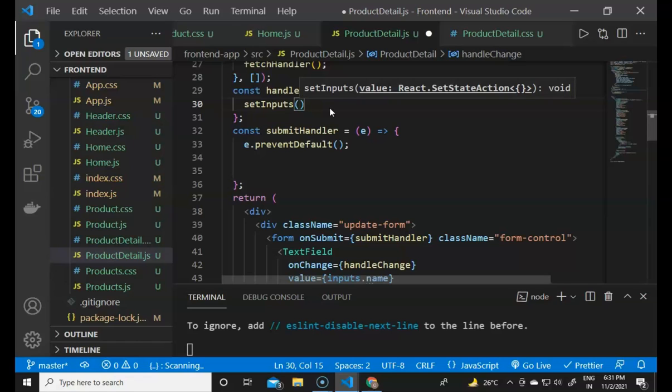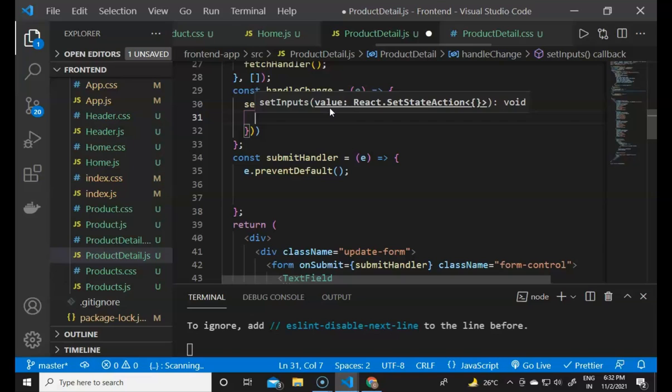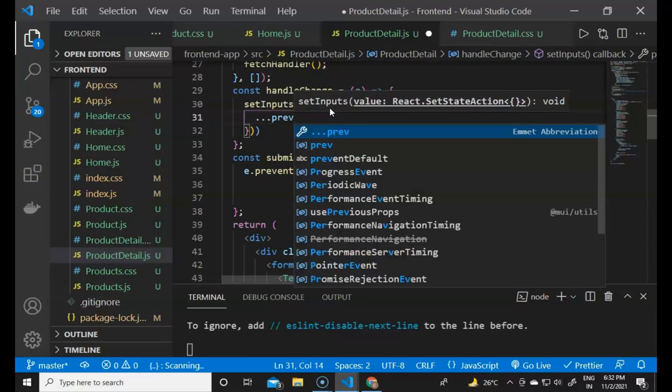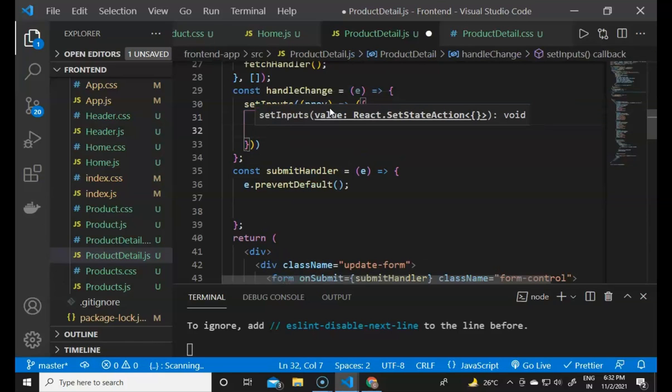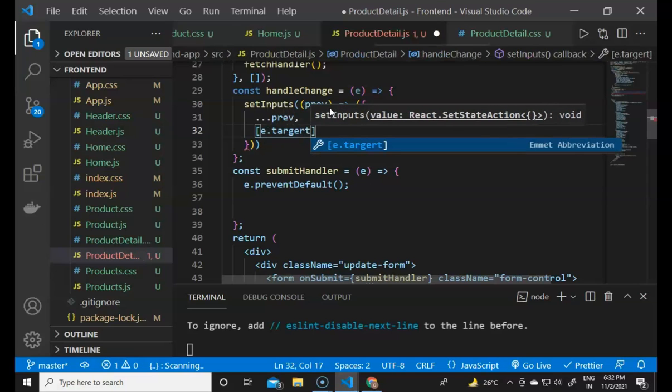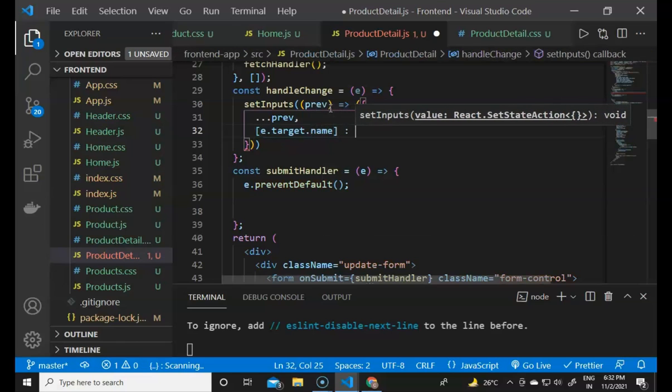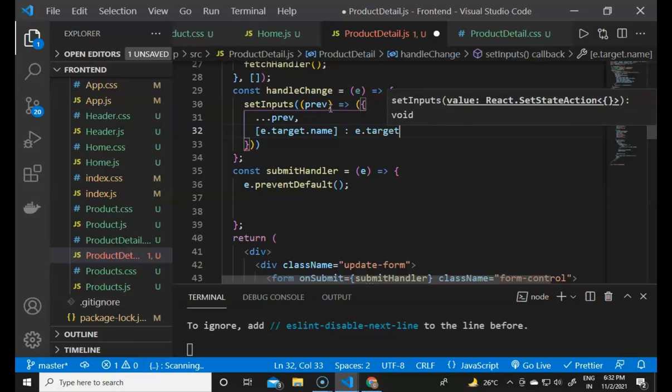It will contain the previous state first, then the new state as an object, containing the previous state first and then the updated state with the property event.target.name, and the value will be event.target.value.